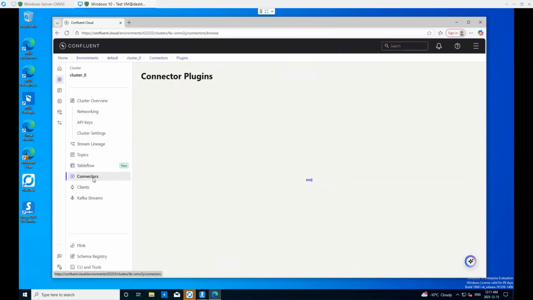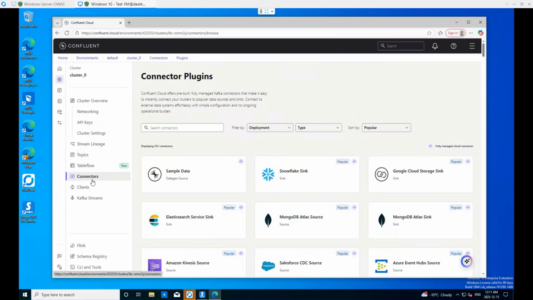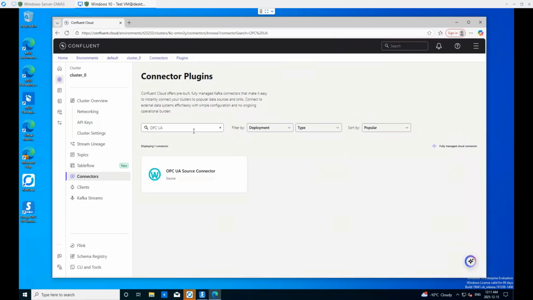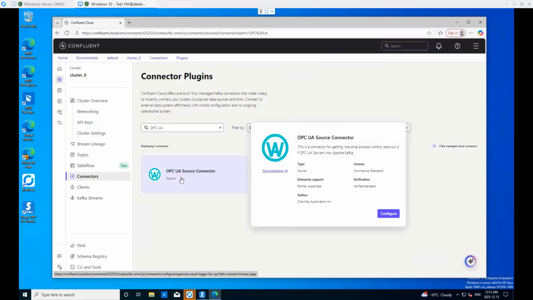Here there is a menu, Connectors, and from here we can search for OPC UA, and you can see our Visual Logger for OPC is listed as a verified data source. I have to clarify that it is not packaged as a Confluent source